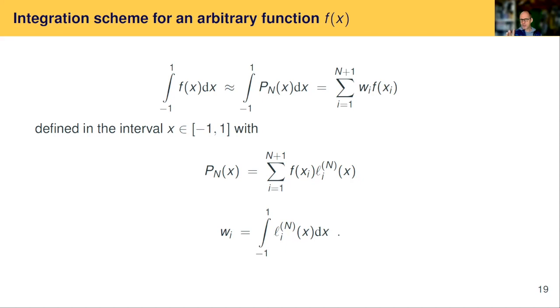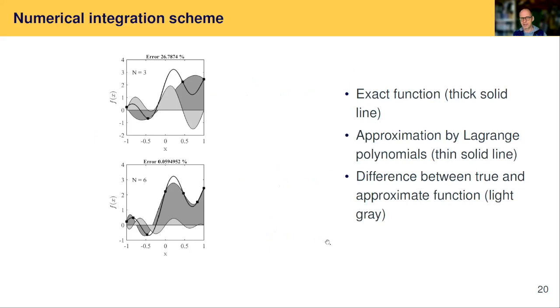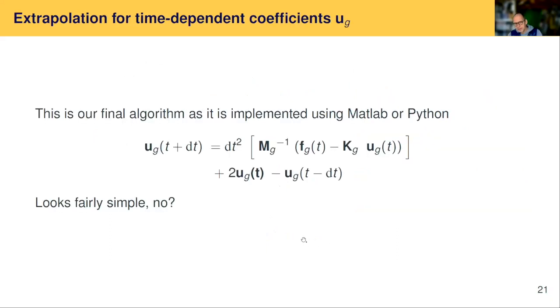Classically, the Gauss integration scheme does not use values at the boundaries, but the Gauss-Lobatto-Legendre integration scheme uses points at the boundary and the same points as for Legendre interpolation. And because of that, and because of the orthogonality of the Legendre functions, you then get this mass matrix that's diagonal. We can skip this one here. So now that we know that the mass matrix is diagonal, you can